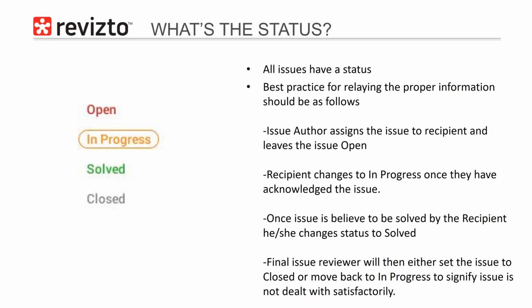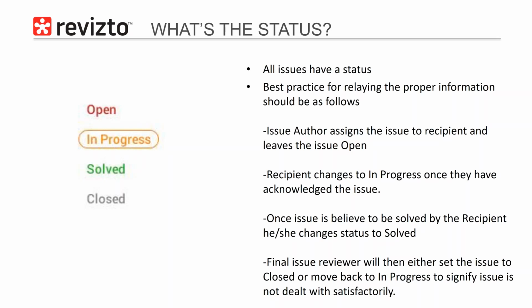Once the recipient acknowledges that they have seen the issue, that's when the recipient will change the status to in progress. This sets off a notification to not only the person who created the issue, but any of the other watchers involved. And watchers are people who are notified of the issues as well, even if they're not the author or the recipient. So this very, very specifically marks the date and time as to when the recipient actually acknowledged